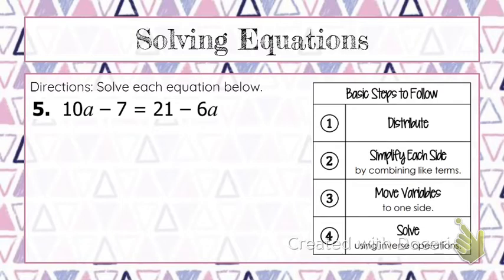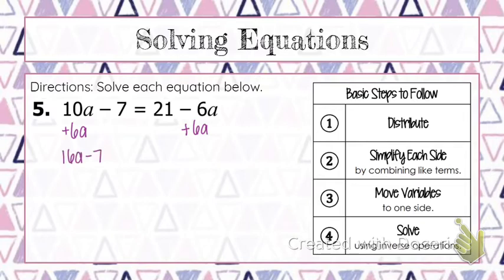Okay, no distributing to do on this one. On either side, they're not like terms. So when it talks about simplifying each side, it's saying this side and this side. So we're going to go ahead and start by bringing the variables all to one side. So we have an a here and an a over here. I'm going to add 6a to both sides. And that's going to give us